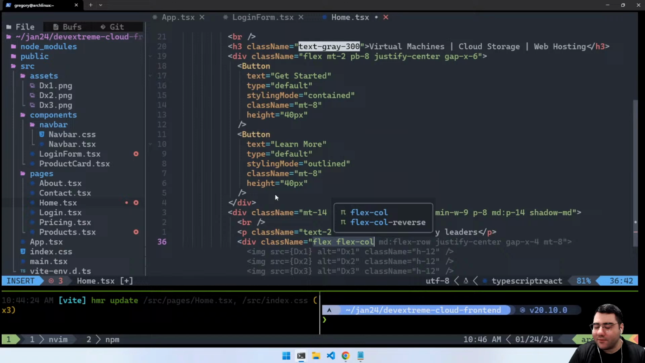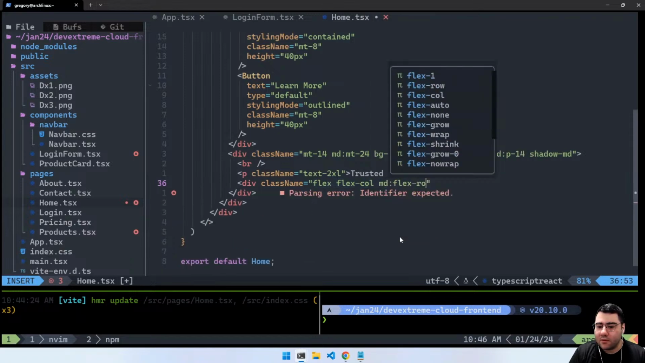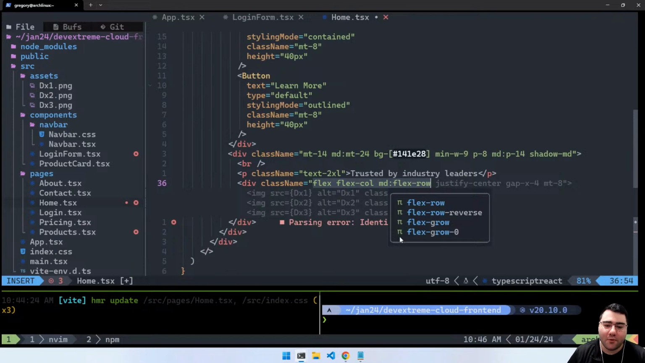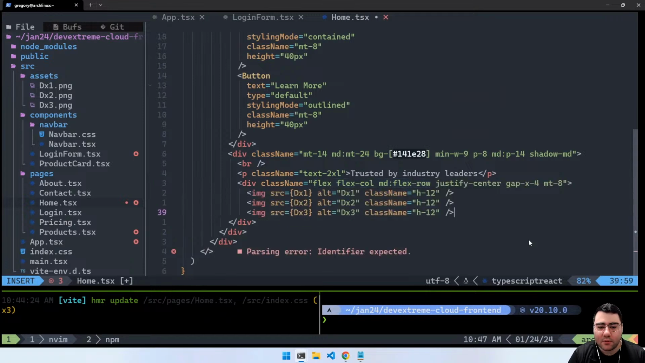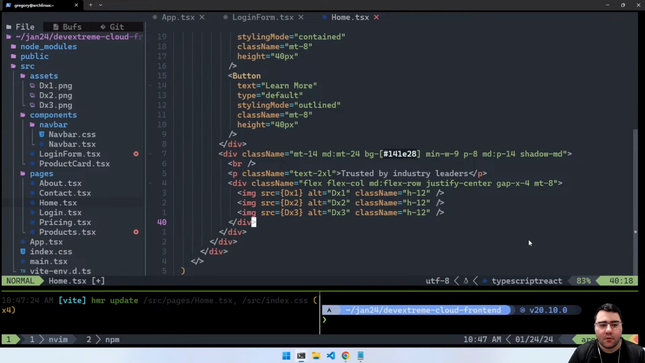And so I'm going to add flex dash column, and I'm also going to add, medium is going to be flex dash row. So essentially it's going to be column for these images. Otherwise, it's going to be a row on a medium-sized screen. And I'll show how that looks in a second. And this looks correct. Yes. And so we have our image,